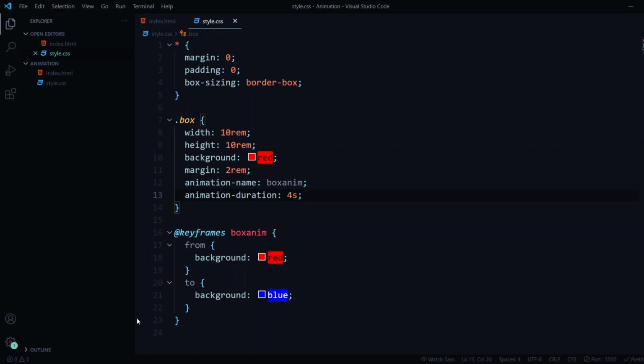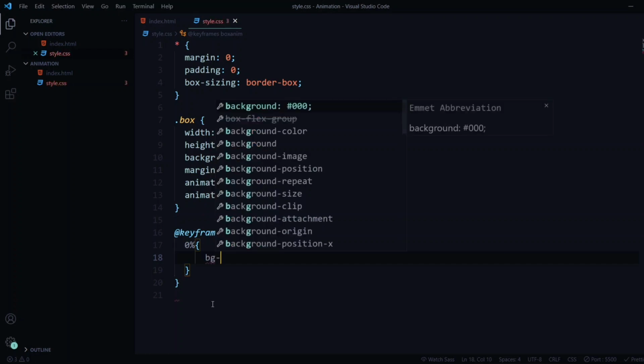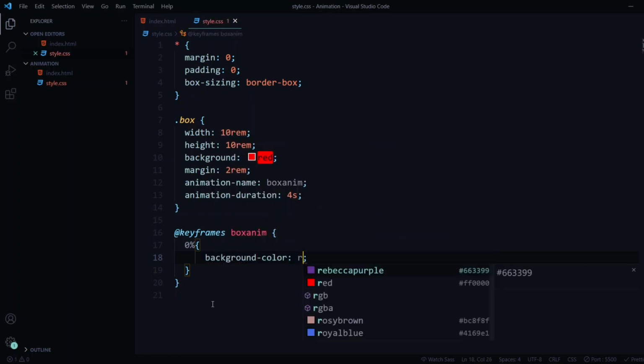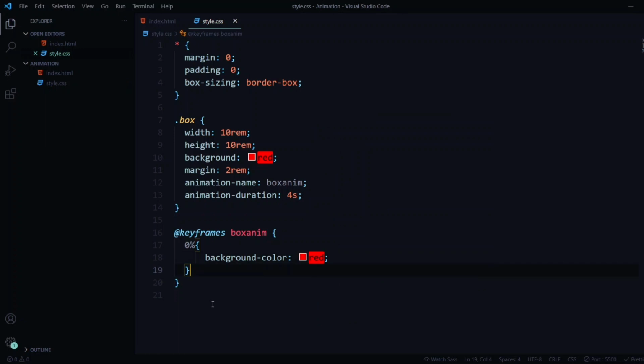Suppose now what I'll do is I'll just create a simple background change over here, so you can practice it out for yourself. So for 0%, when it's at 0%, what will happen is the background color will be red. That is the default color that we have. And when the animation is at 25%, let's add background color to blue.